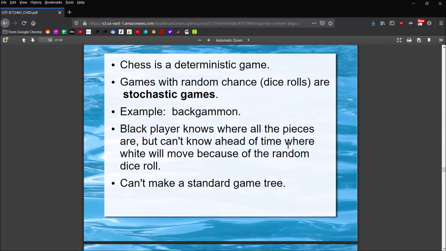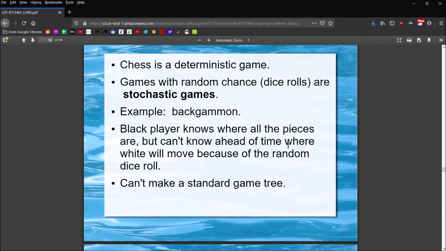Okay, now, that's the opposite of what a stochastic game is, right? So what's a stochastic game? Well, a stochastic game is the opposite of that. There's random chance built into it. So you could have some die rolls. You could have drawing cards from a deck or two or three or four. Maybe a spinner to determine how far you're going to move, etc. Right? So games that have random chance built into them are referred to as stochastic games.